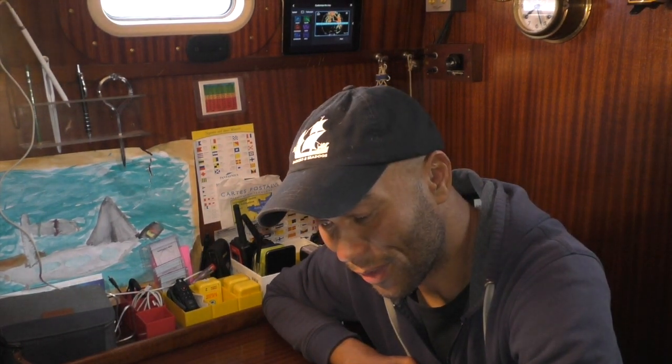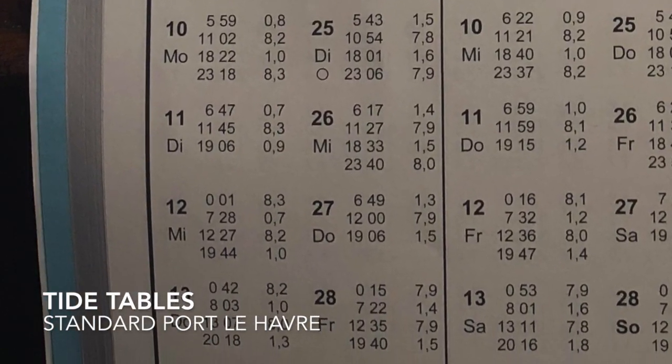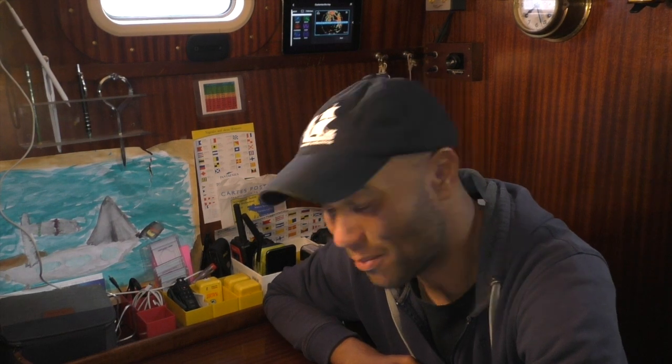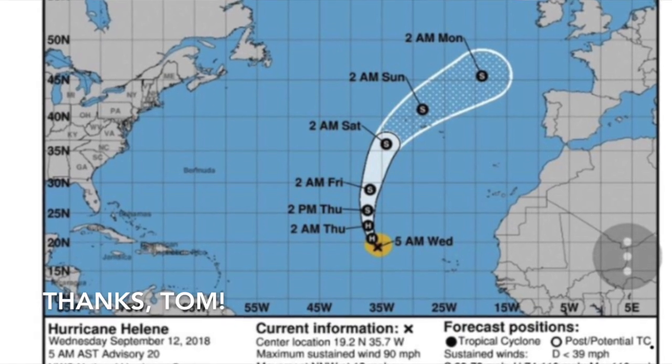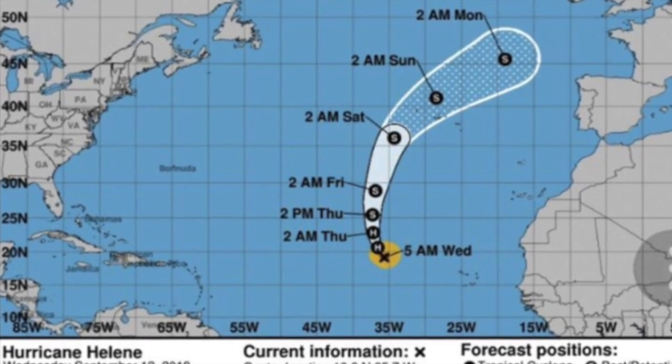While I was sitting there doing the passage planning, and was planning to use that window the next day, I realized that with the next high water, we would lose most of that north wind window. So I said, okay, then we have to take this high water, which was happening while I was sitting there doing the passage planning, and I told Michelle, okay, hey, we need to go within the next 2 hours or we will lose our opportunity to make it to Brest. And we absolutely wanted to make it to Brest because there was Helene incoming. There was a hurricane, a tropical storm moving northeast toward the Bay of Biscay. We needed to beat that storm because we knew during that storm we didn't want to be out on the